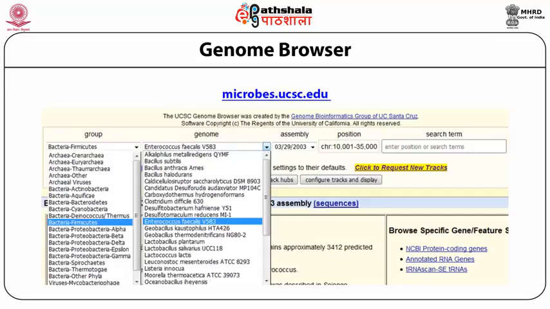When the user is specifically interested in a particular organism, say Enterococcus faecalis, for which the complete genome sequence is available, the user shall get the nucleic acid and protein sequences as well as associated information using a genome browser. Visit Microbe's genome browser at University of California, Santa Cruz and select the group for bacteria, firmicutes and select genome